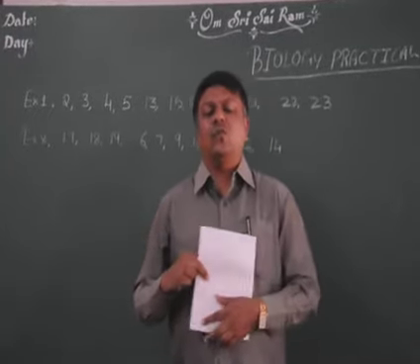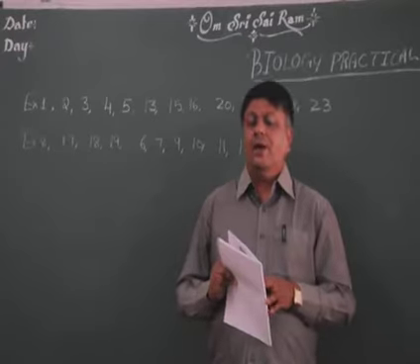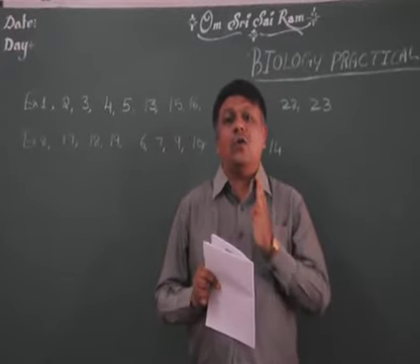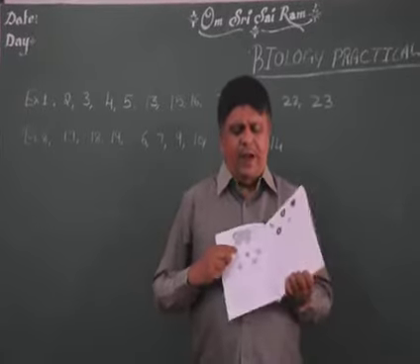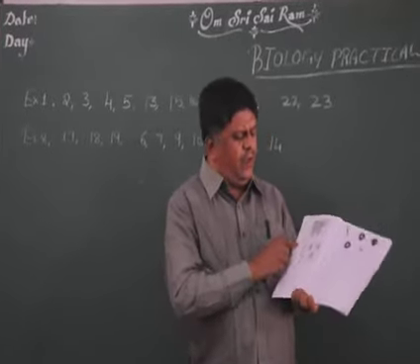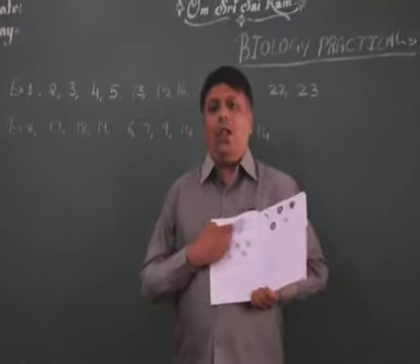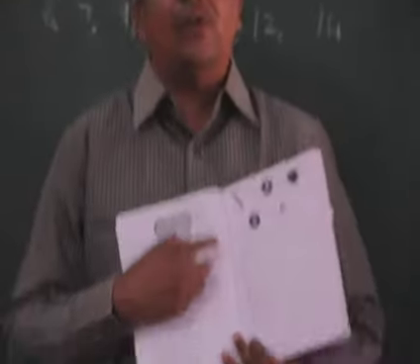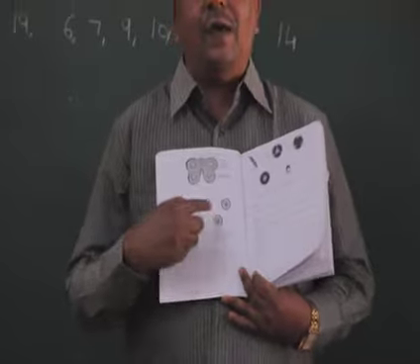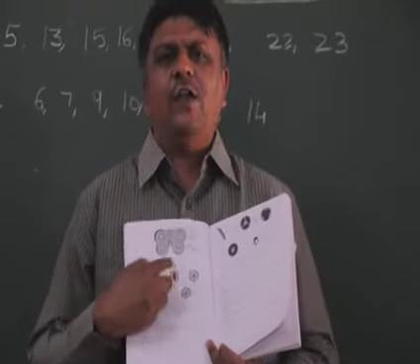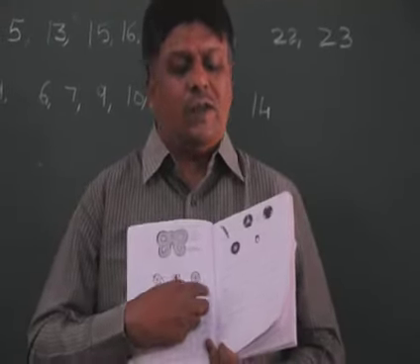And one thing is, wherever you draw a diagram, the diagram should be labeled only on the right side. Don't label in an erratic manner. For example, you see this diagram of PS of ovary. All labels in your manuals have been given on the right side. So even for other diagrams when you write, see that your labels come only towards the right side.